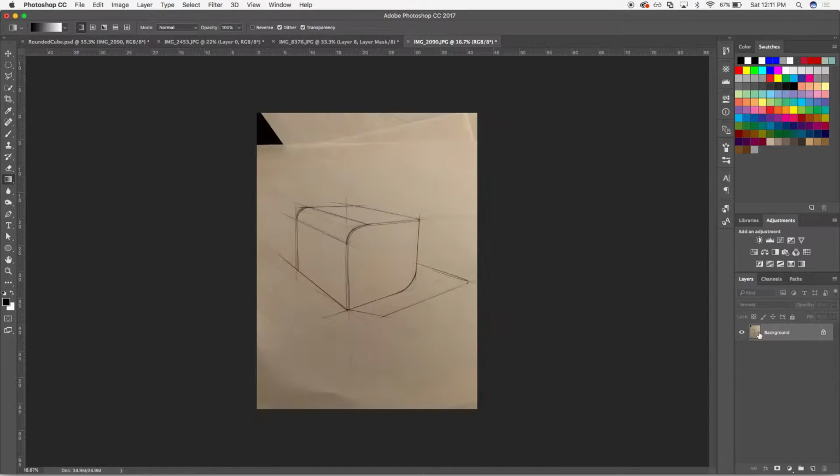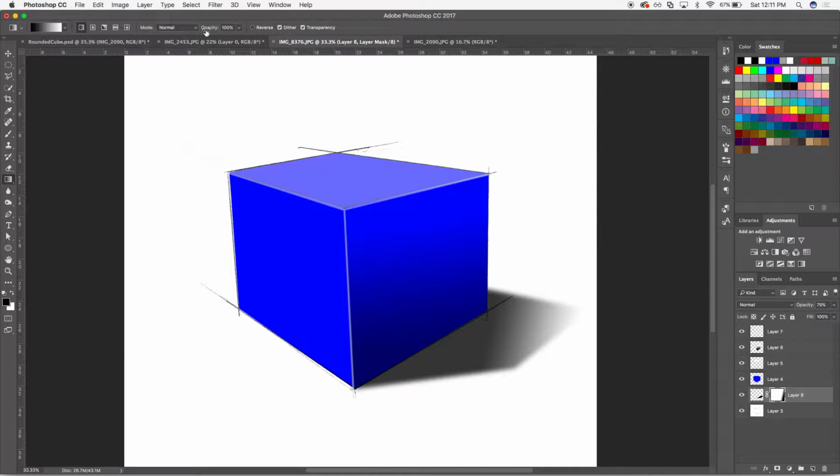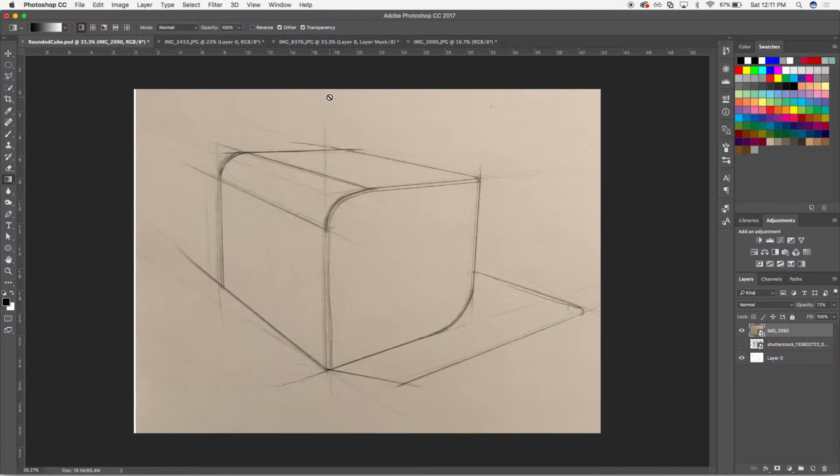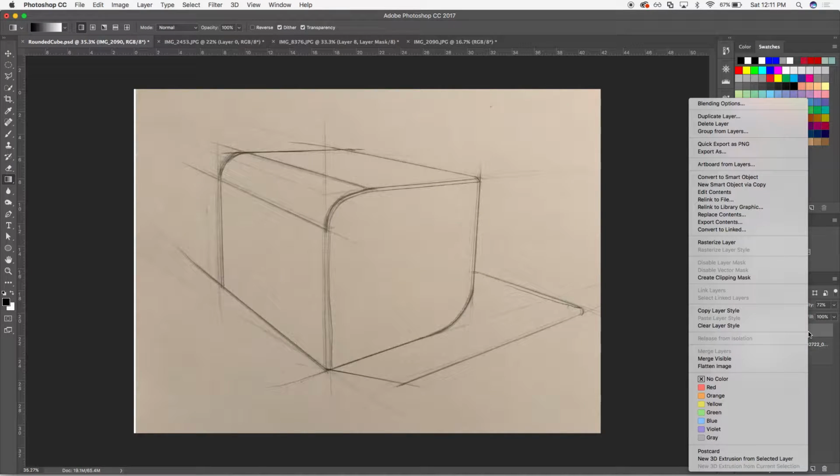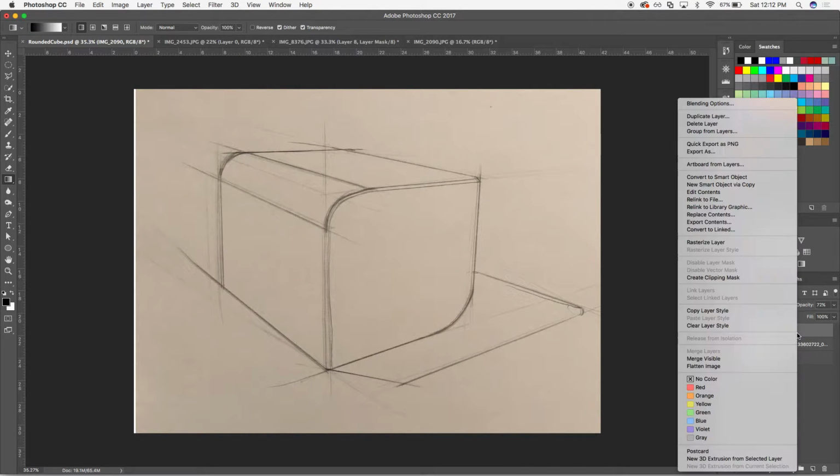Wait, sorry. Munchit, what's going on? Control Z. Right click on the layer. Now rasterize. What do you want to rasterize? Oh, I need to rasterize. Yeah, okay. So sorry about that. Right click on the layer, and then find rasterize,